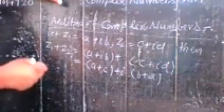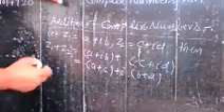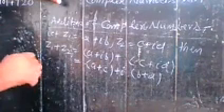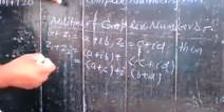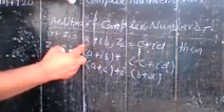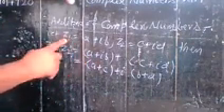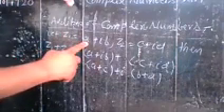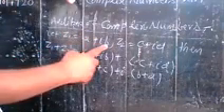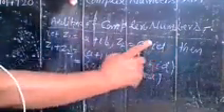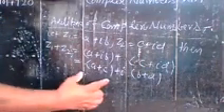Means when you have two complex numbers and you want to add them, you have to add real part to real part and imaginary part to imaginary part. So in this way you have the result. If you look at the result, just see it. Here you have a complex number Z1. A is the real part of Z1. B is the imaginary part of Z1. C is the real part of Z2. And D is the imaginary part of Z2. Understand?